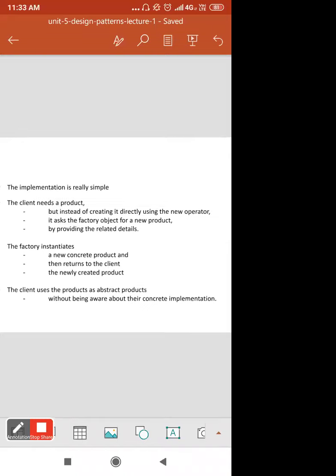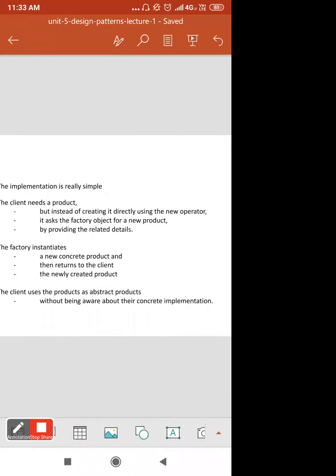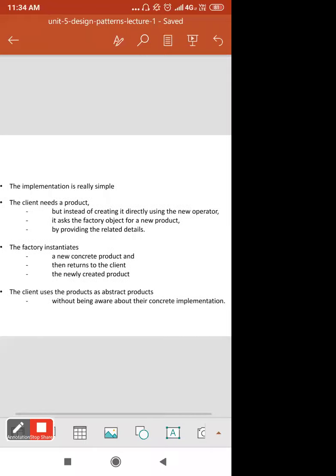The client needs a product, but instead of creating it directly using the new operator, it asks the factory object for a new product by providing the related details. The factory instantiates a new concrete product and then returns it to the client, the newly created product.